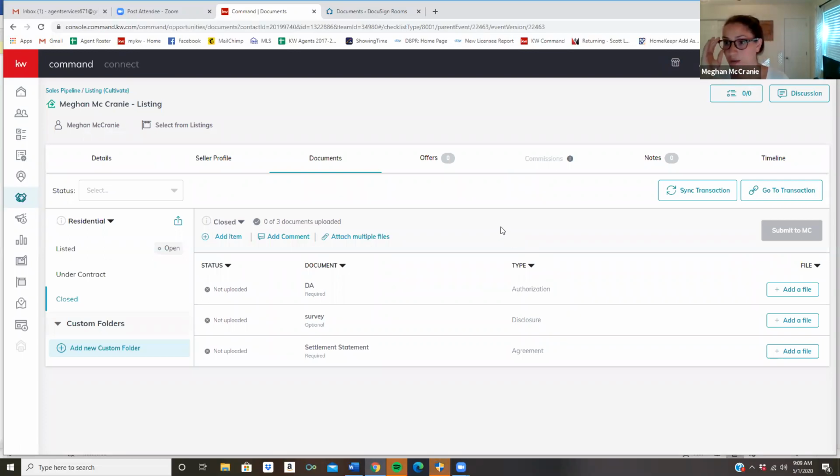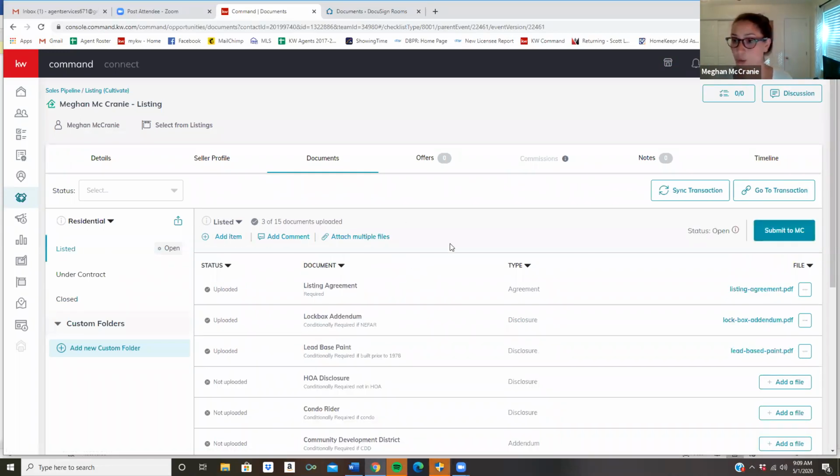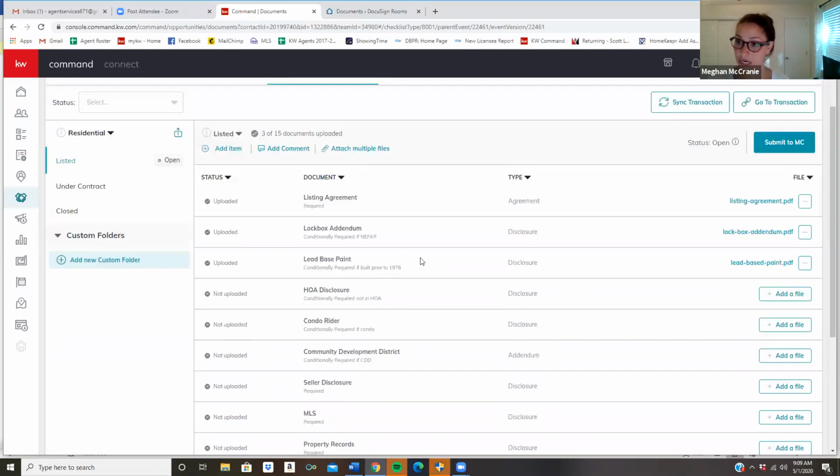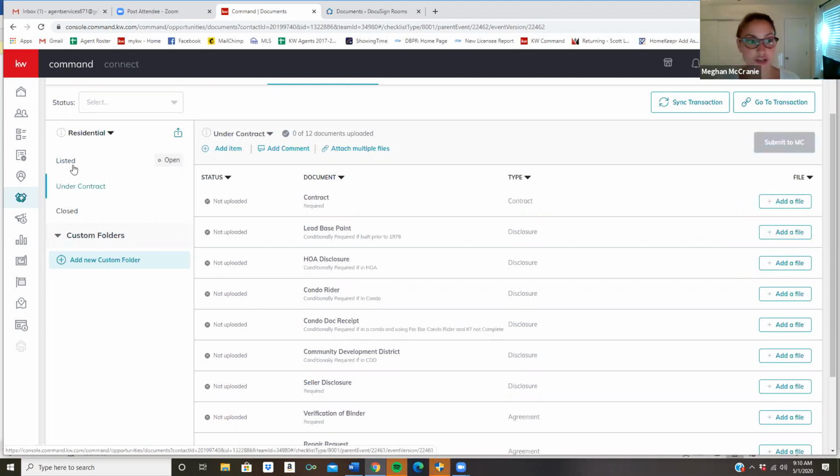Because I will say Jen did a good job of adding even some of the optional stuff of just best practice to keep track of. Also, a very frequently asked question. So this is a listing opportunity, so obviously I have the listing checklist, right? On the buyer side, it'll default when you put in your checklist on a consultation step. So there's no documents required. That would be if you want to keep track of the consultation that you had with them, the questionnaire you had them fill out, anything like that, that's where that would go. But everyone's like, oh, there's no checklist, but then you just have to click the next tab. So just make sure you're on the right tab there.